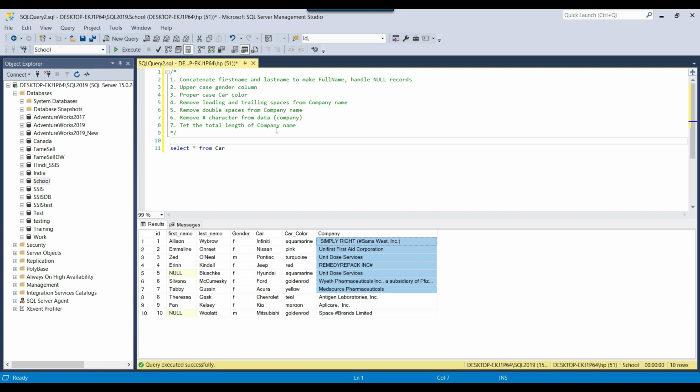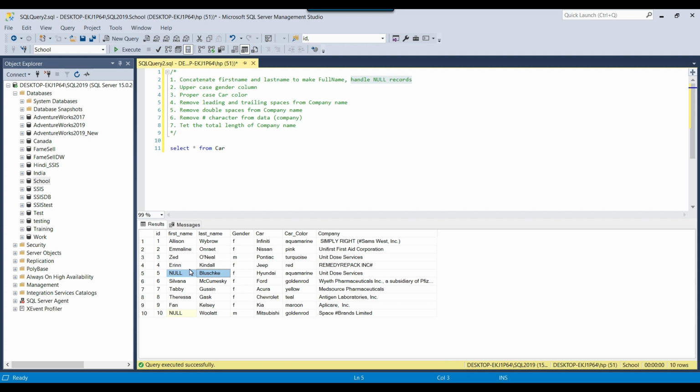There are 7 things that we need to do on the car table. The first thing is that we need to concatenate the first name and last name to make the full name, and we need to handle the null records. What do we mean by handling null records? If there is a null value in any column and you concatenate that column with another column, then the result becomes null as well.